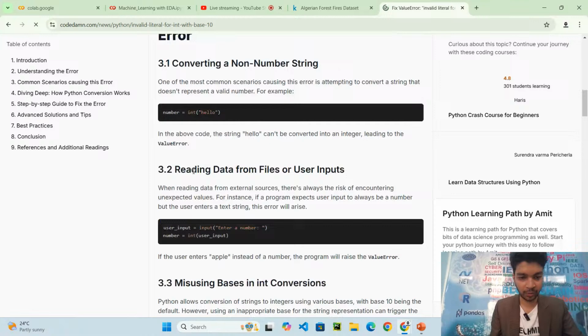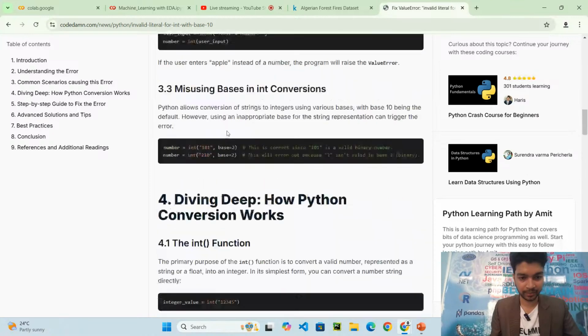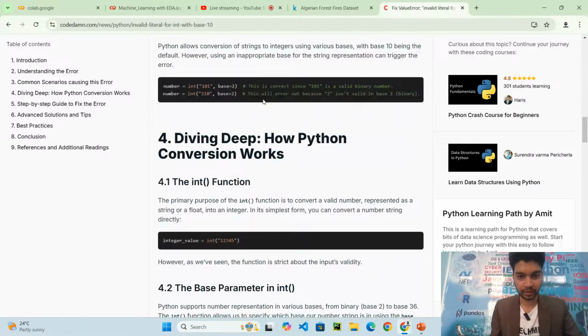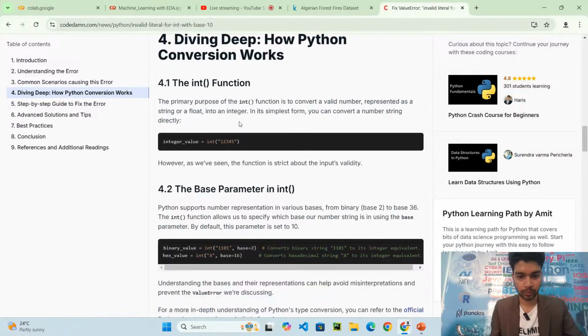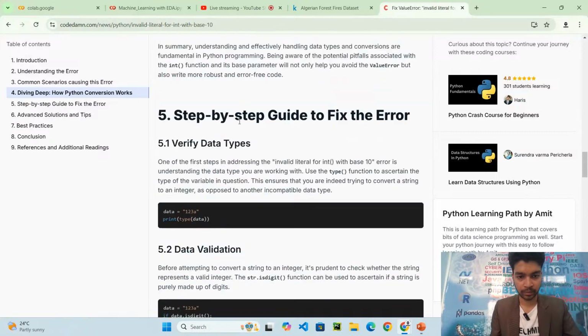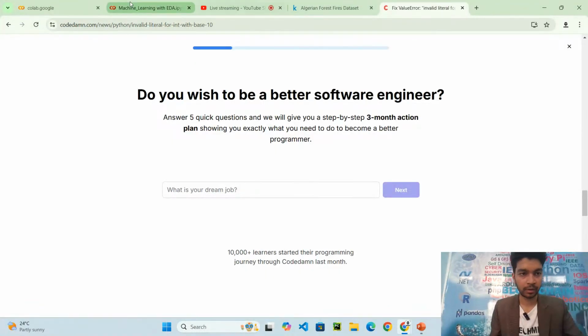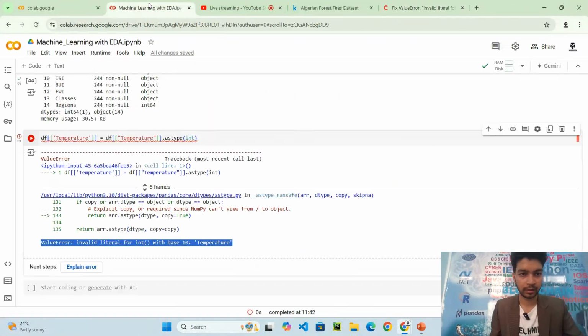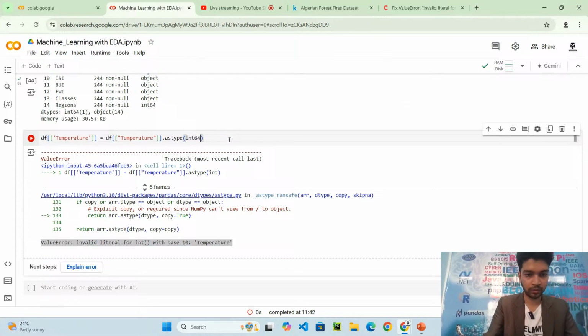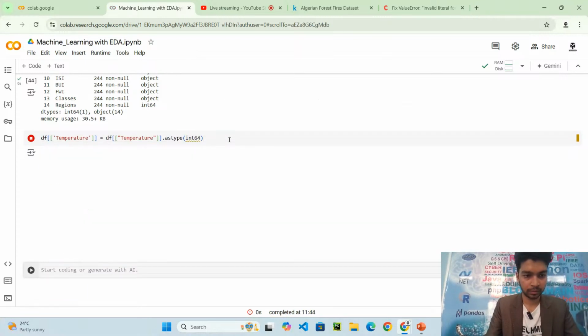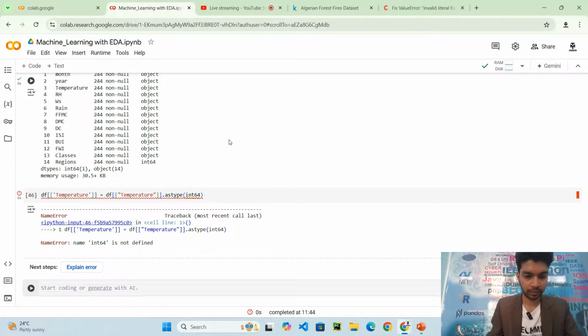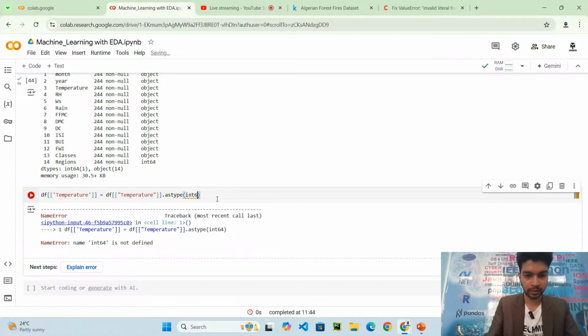So this session also involves debugging. Base 2. Okay, one second. int64. 64 is not defined.